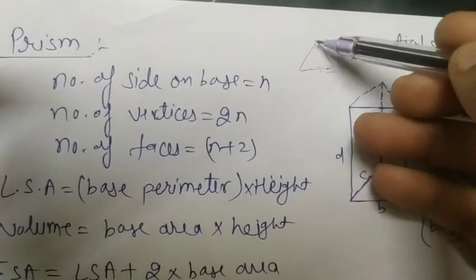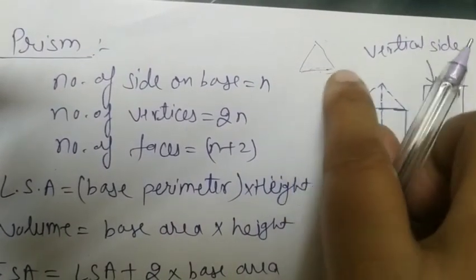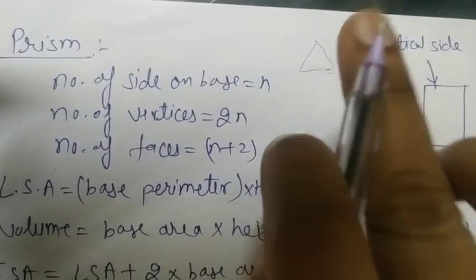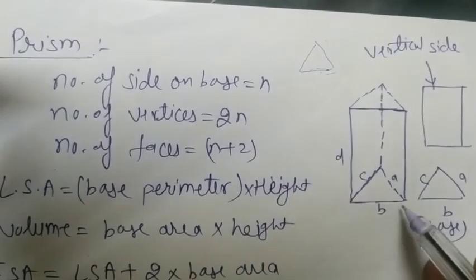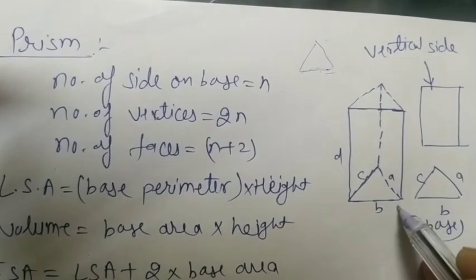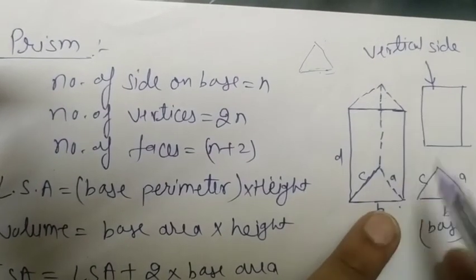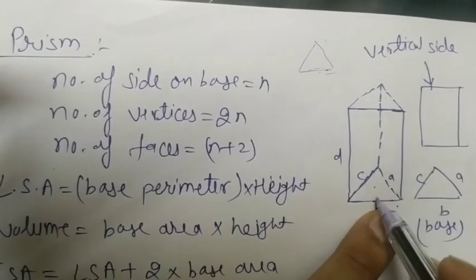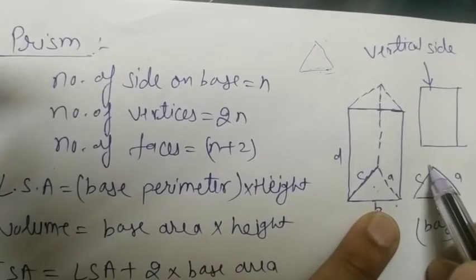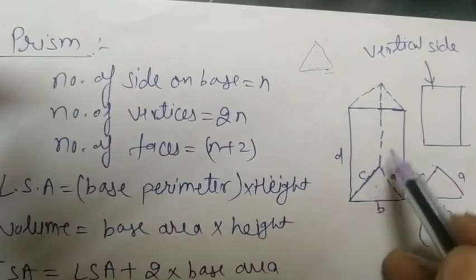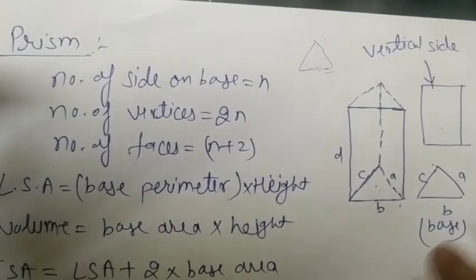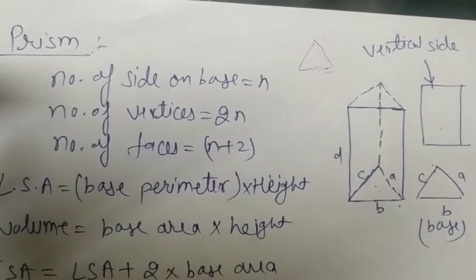So what is this? On the same triangles will be put on this, and the height will be increased, and that will be the prism. Okay, the base and top will be the triangle, and what will the side be? The side will be the rectangle shape. The side of a prism will be the rectangle shape.